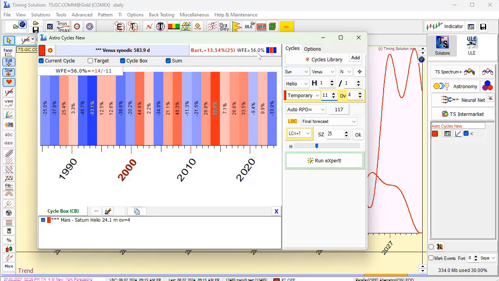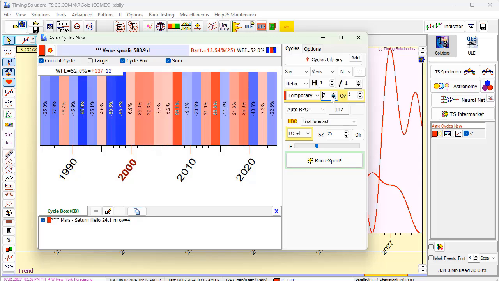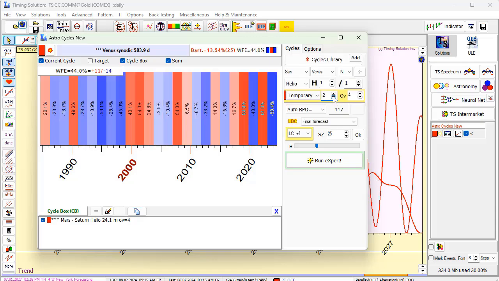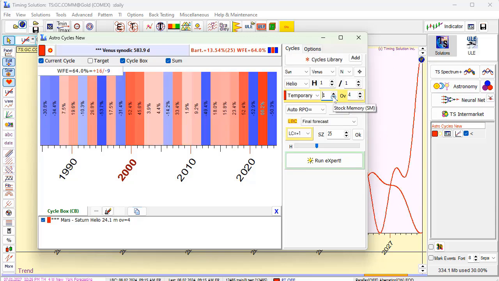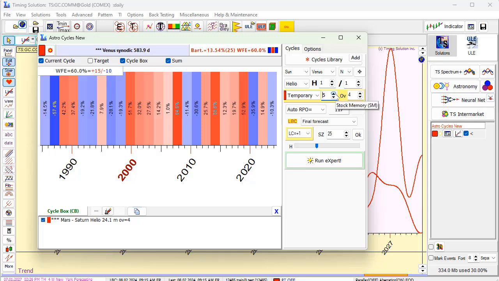You see it changes, WFA changes. Maybe it makes sense to use these temporary cycles with stock memory